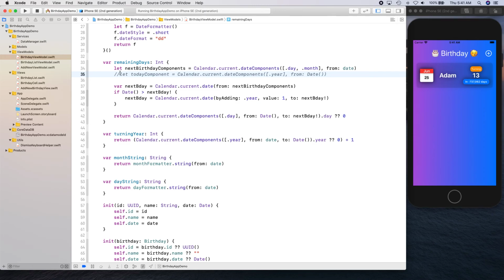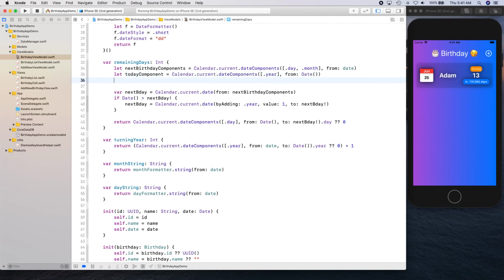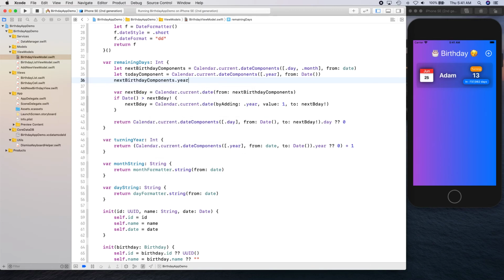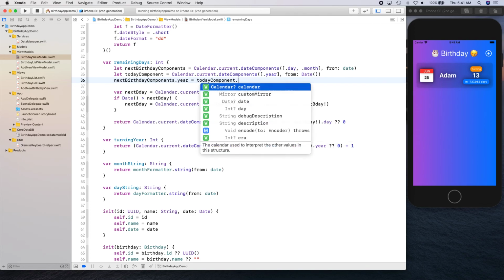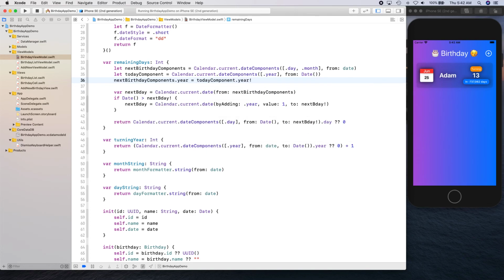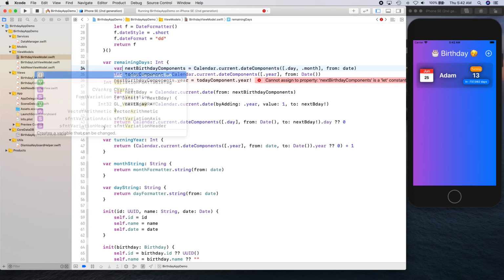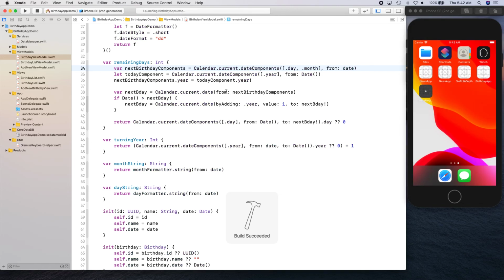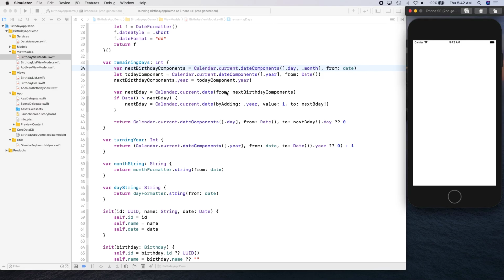We do need this guy right here, because we want to say nextBirthdayComponent.year is equal to todayComponent.year, right? Because we want to change that, so we can say that for temporarily the birthday year, make it the same as today's year. That way we can actually add one more year to it to compute how many days there are